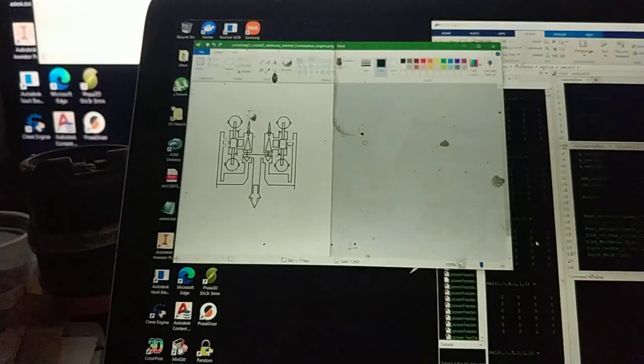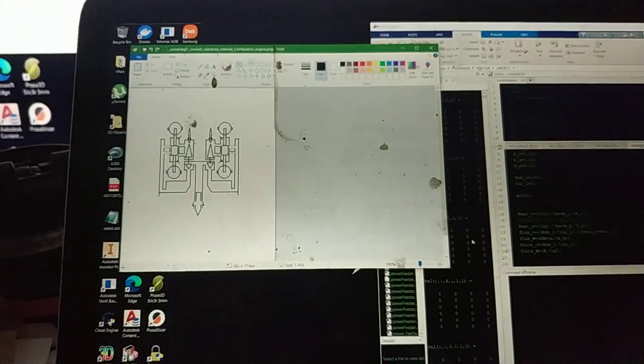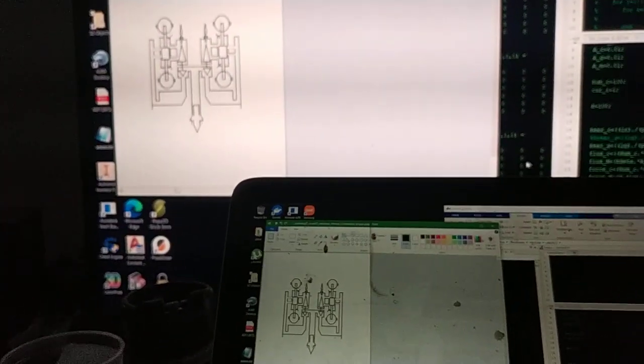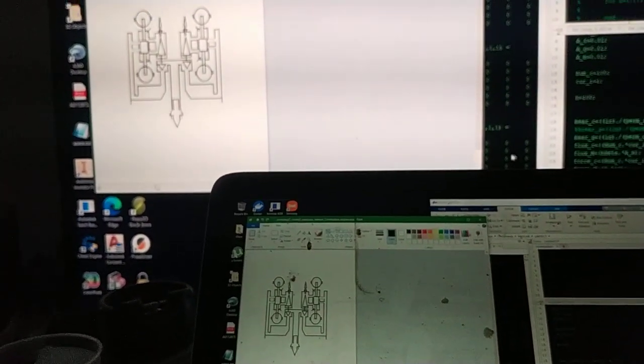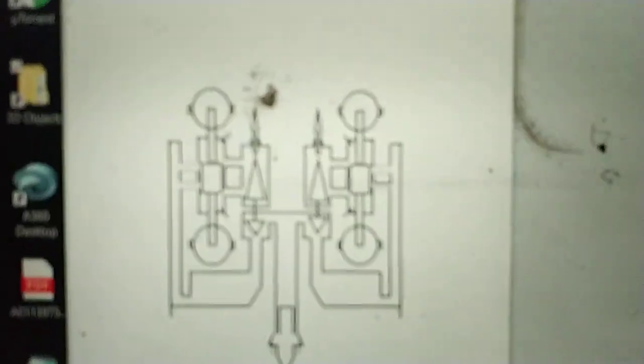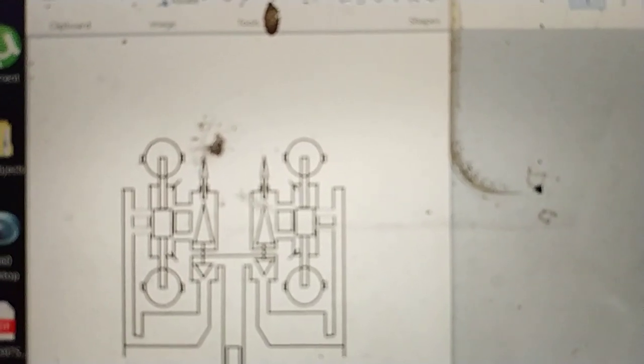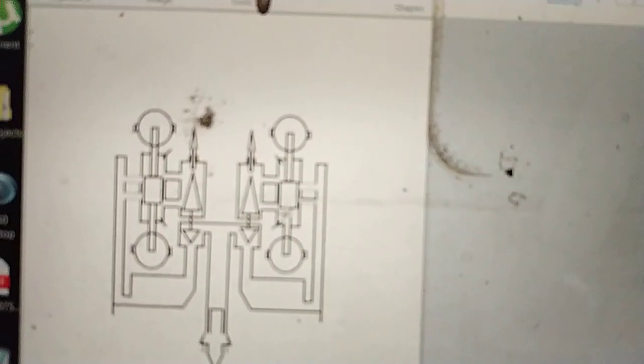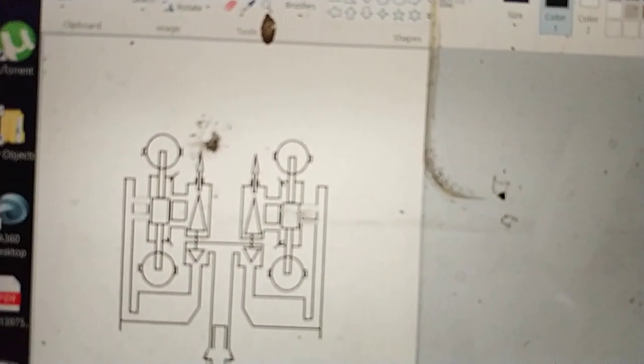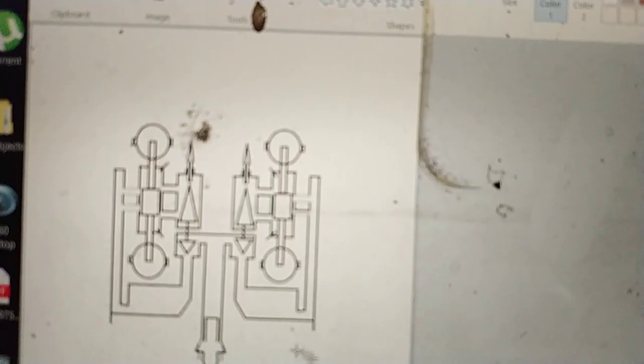So this is a corrected version. I don't know if you'll see it clearly, but here it is. So the exhausts are slightly higher than the intakes. And then the intakes are